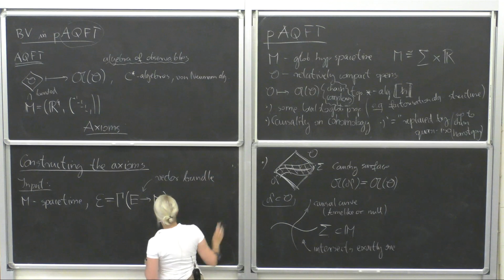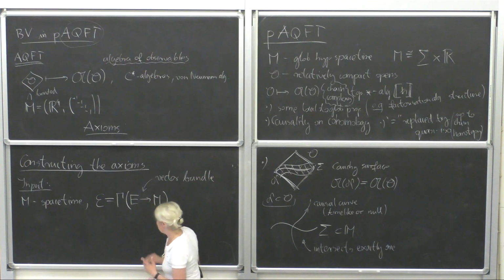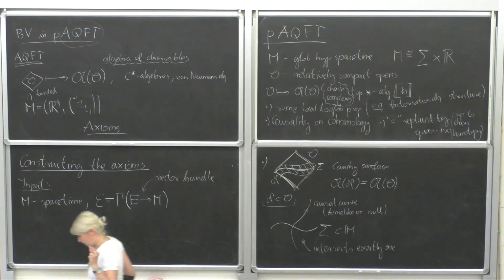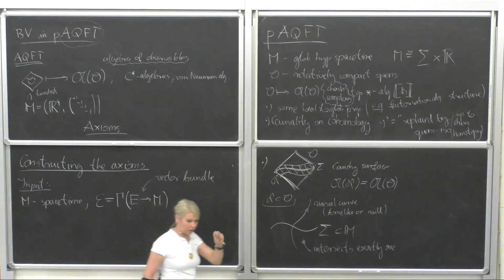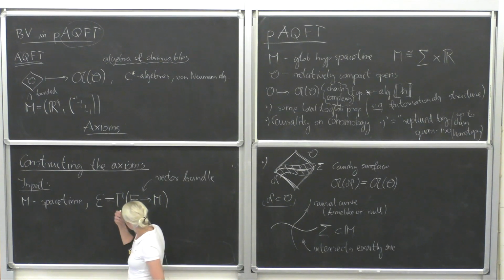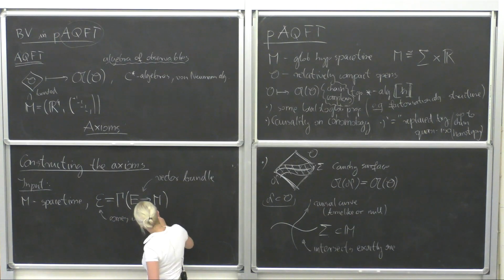This is clearly a vector space. It can be equipped with a nice topology. So I was talking about topological vector spaces as something I want to get. So this comes with natural